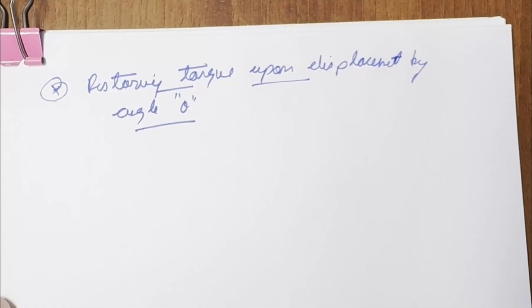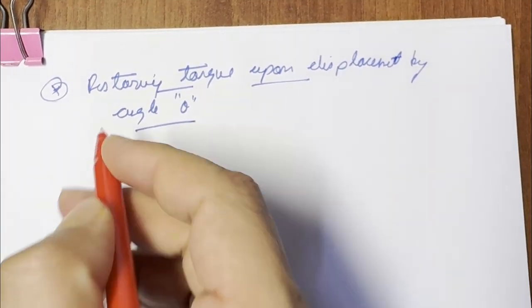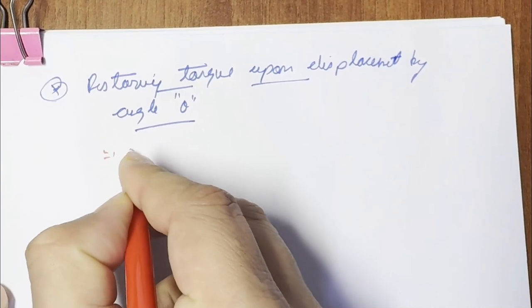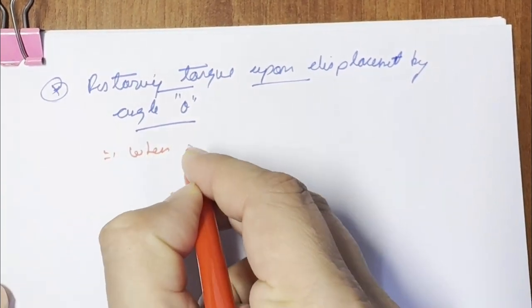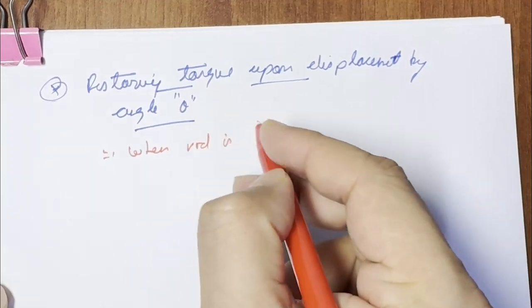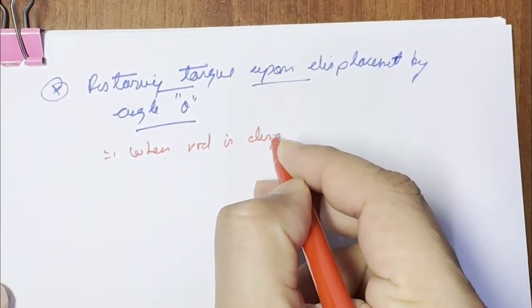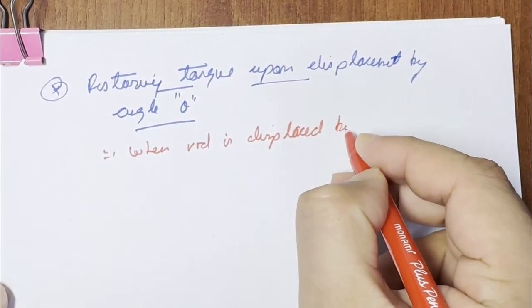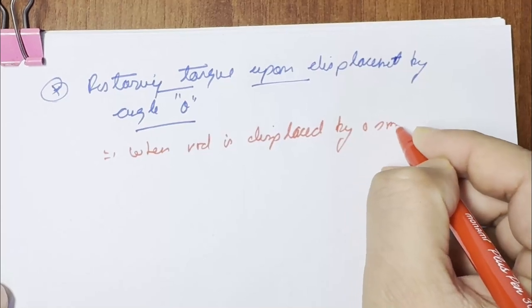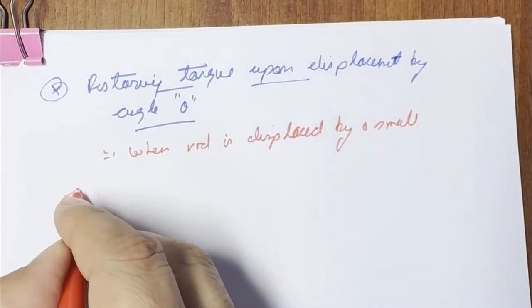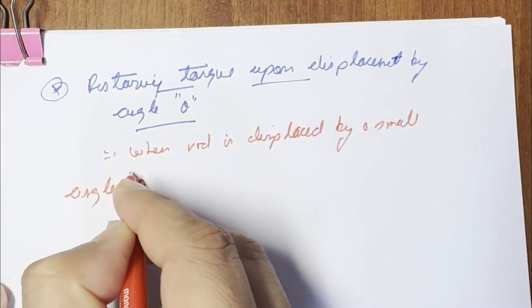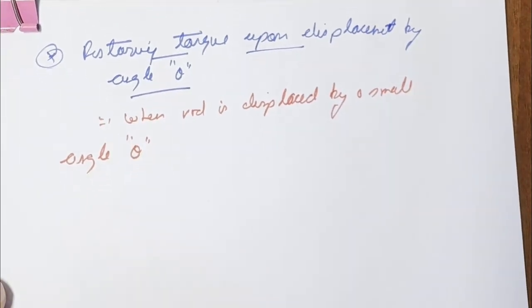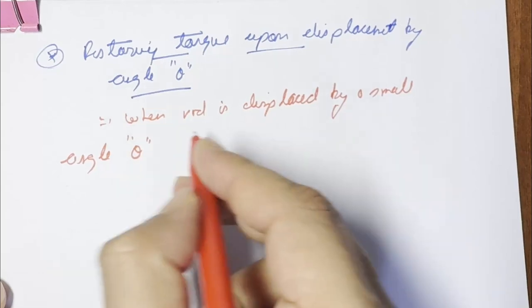Therefore we can say when the rod is displaced by a small angle theta with the vertical,